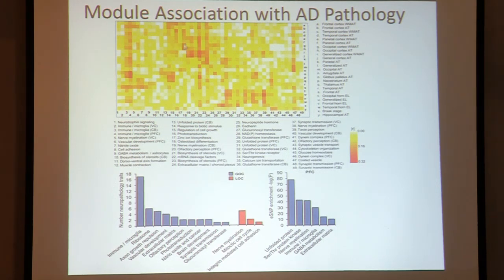So you can see actually 2 hotspots here in this correlation map. This hotspot corresponds to the immune response modules, and this corresponds to nerve enhancement. So in the end, we rank and order those modules based on the number